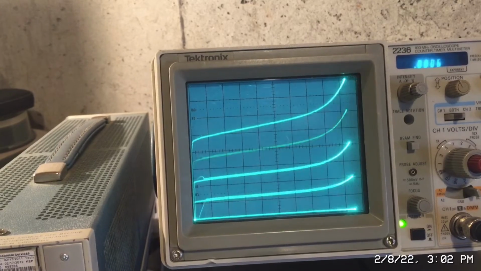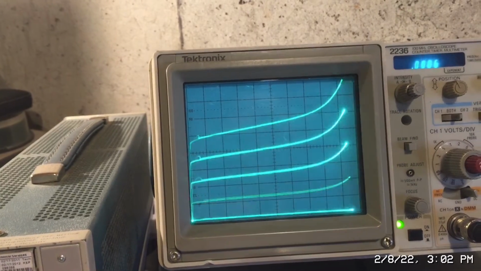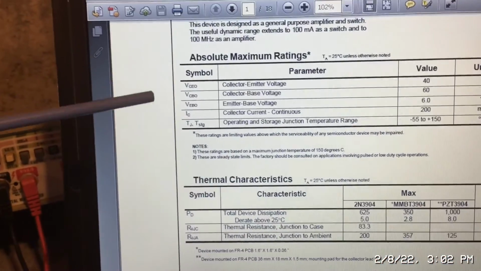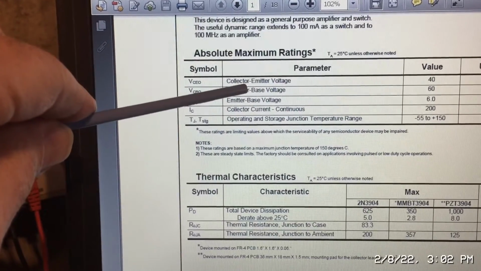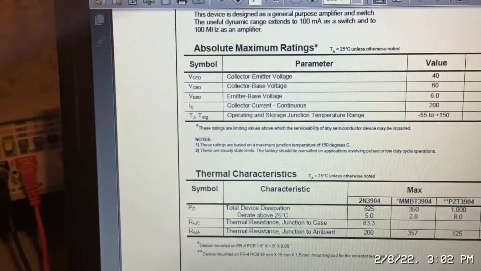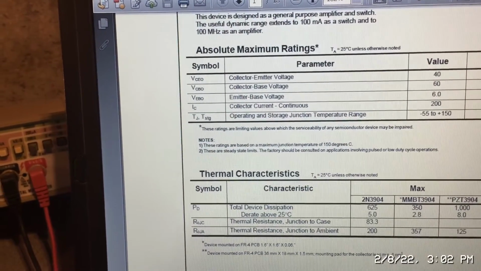Okay, and take a look here. So this is collector emitter breakdown, and you see it's rated for 40 volts. So after the 40 volts, yeah, you're out of the safe operating area,